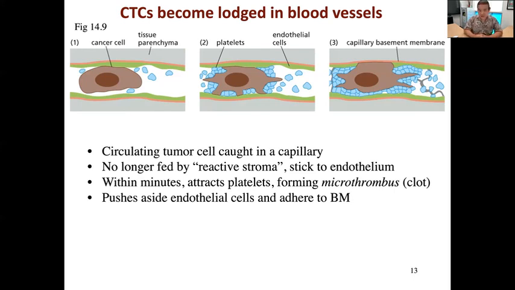Things that make them feel safe, like hanging out at their favorite mall or at the McDonald's or something like that, right? So circulating tumor cells are like this as well. Once they are far away from that toxic environment of their original home, their primary tumor site, once they start attaching to something like a basement membrane somewhere else, they begin to want to resume their previous function of being more epithelial.